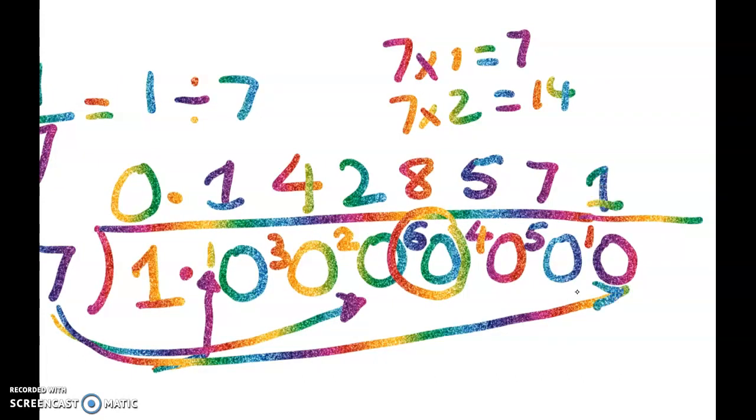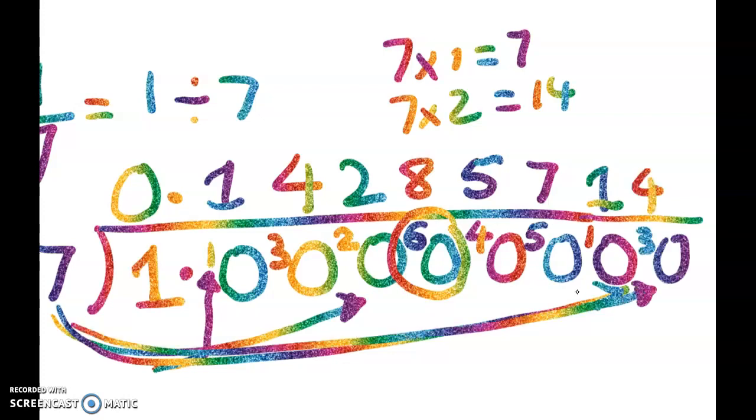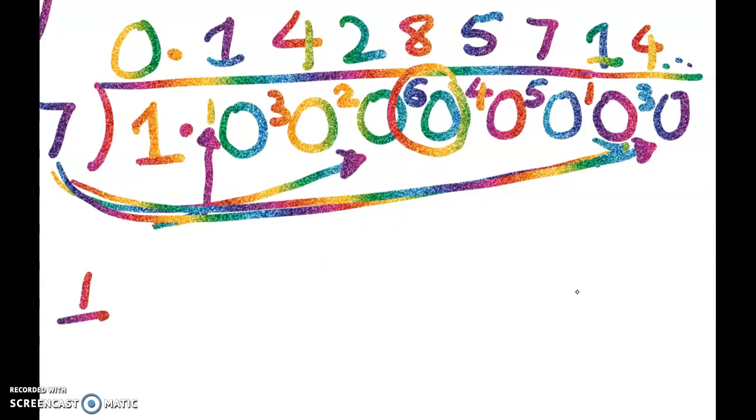Now, hang on. I'm back at the start, right? Because I'm back to having 10. And so now I'm going to have 3 left over. 7 will go into 30. So you can see that the pattern's starting to click around again. So we've got 0.142857, and now we're going to have the same thing again, 142857, and it's never going to stop. So 1/7 is equal to this,